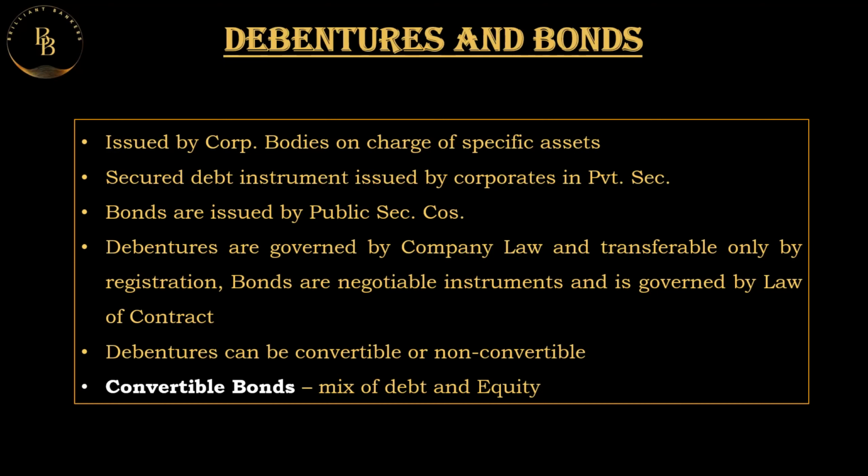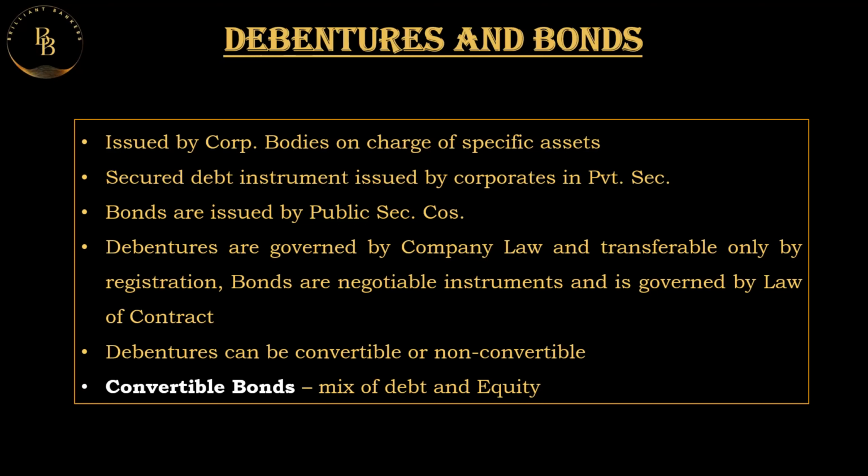In this case, both are secured, but debentures are governed by the company law and transferable only by registration. But bonds are negotiable instruments and are governed by the law of contract. Debentures can be convertible or non-convertible. In the case of bonds, it always encompasses various debt instruments that include both secured and unsecured with different